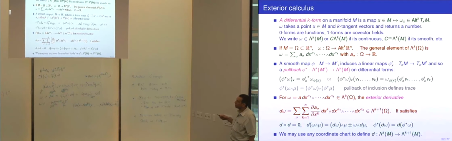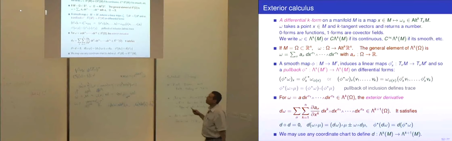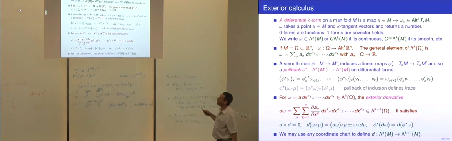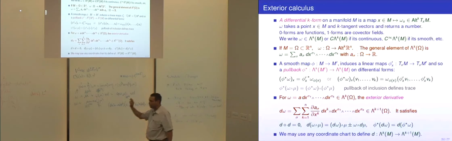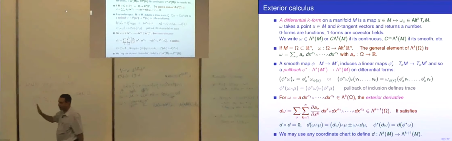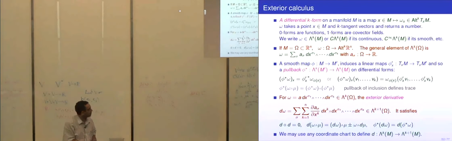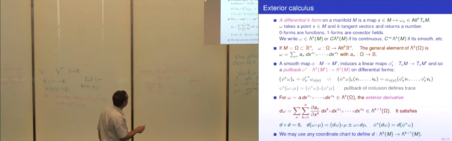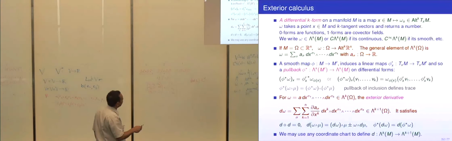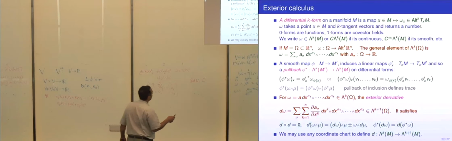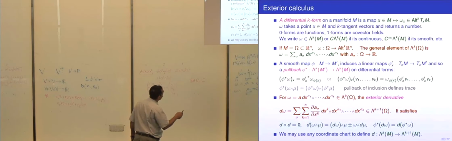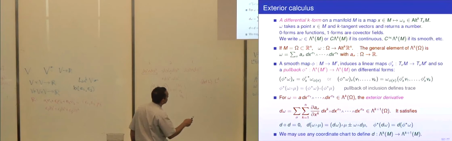A special case is where omega is a subset of Rn, and in that case, we have a special basis on Alt^k of the tangent space. So if you have Rn, the tangent space at every point is just Rn itself, or can be identified with Rn itself. So now we're just talking about a map from omega to Alt^k(Rn), and that's a differential k-form. So that's the sense in which a differential k-form is just a skew symmetric n by n by n, k-times tensor field.